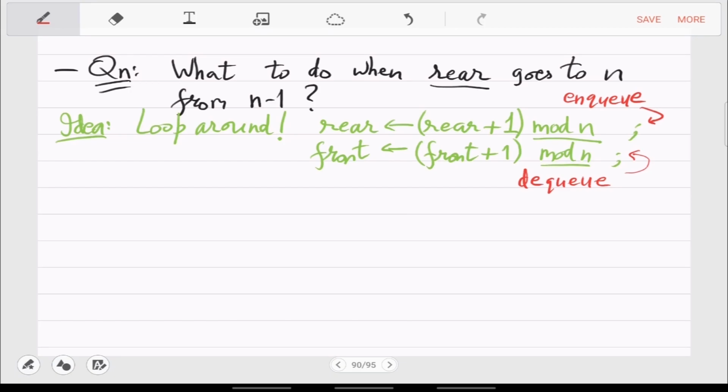So dequeue will move the front, and enqueue will move the rear in the same amount of space. Yeah, so that finishes the definition and implementation of queue.